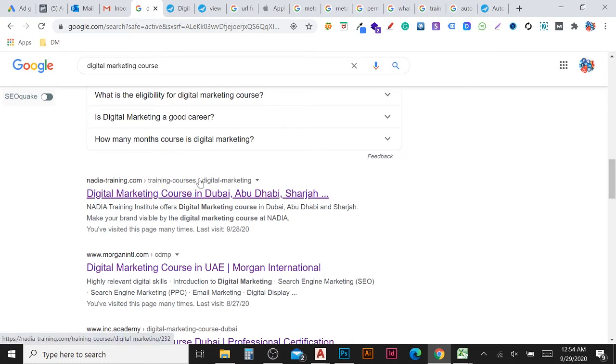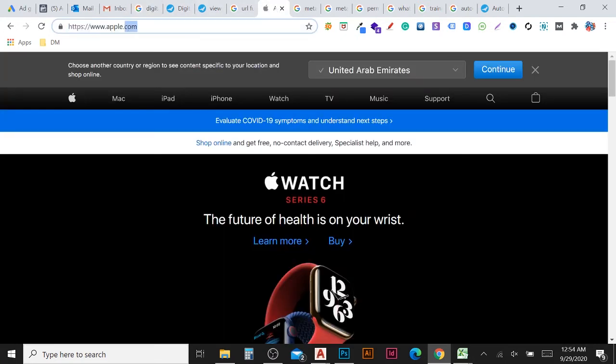This is the URL. URL means the complete address for that page, which page it is. For example, I am on the home page, so this is the complete URL for the home page. Not this one, this is the domain. apple.com is the domain name. In one website there is only one domain name, but in one website there will be multiple URLs. However many pages you have, that many URLs you will have.